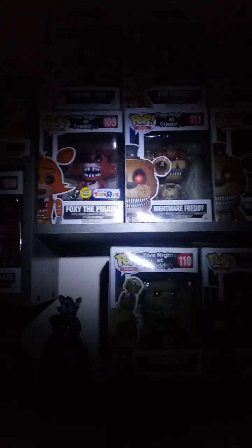So, with the Five Nights at Freddy's movie coming out this month, I've decided to decorate my hallway shelf with some of my Five Nights at Freddy's collection. The original 4, Funtime Foxy, we have, what is that? Toy Freddy, Normal and Glow in the Dark, Walmart FYE, Toys R Us Glow in the Dark Foxy, Nightmare Freddy, Nightmare Glow in the Dark Freddy,